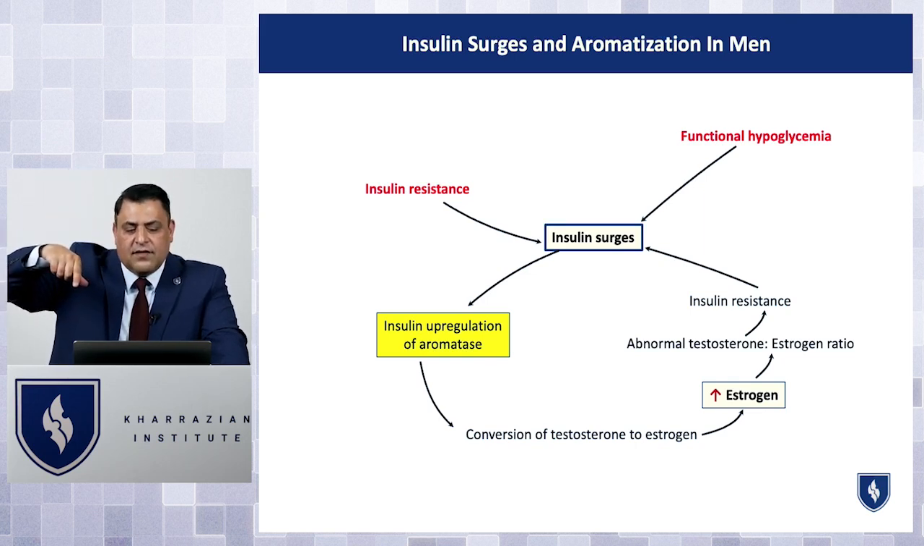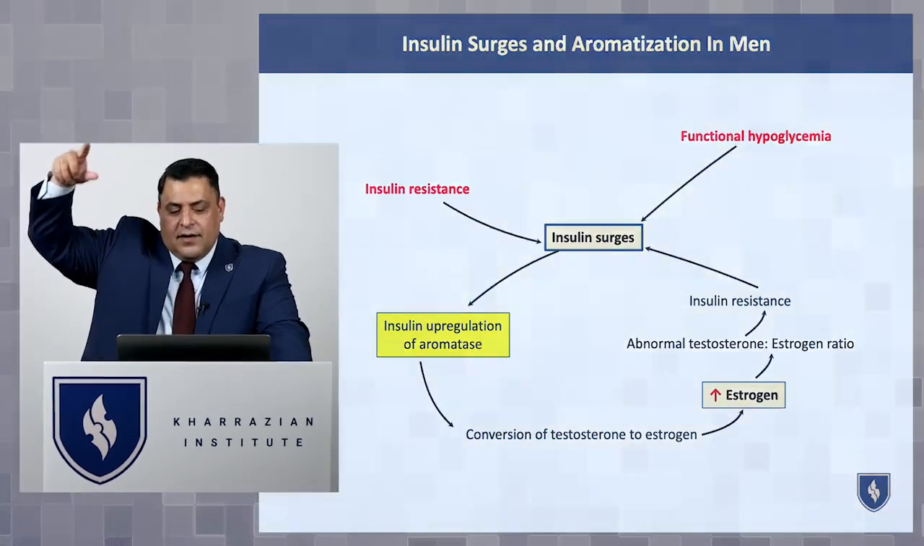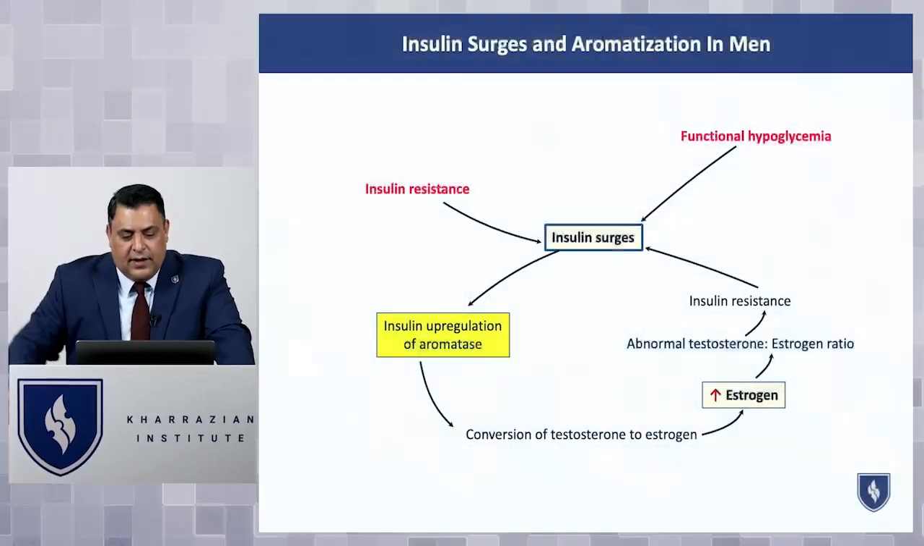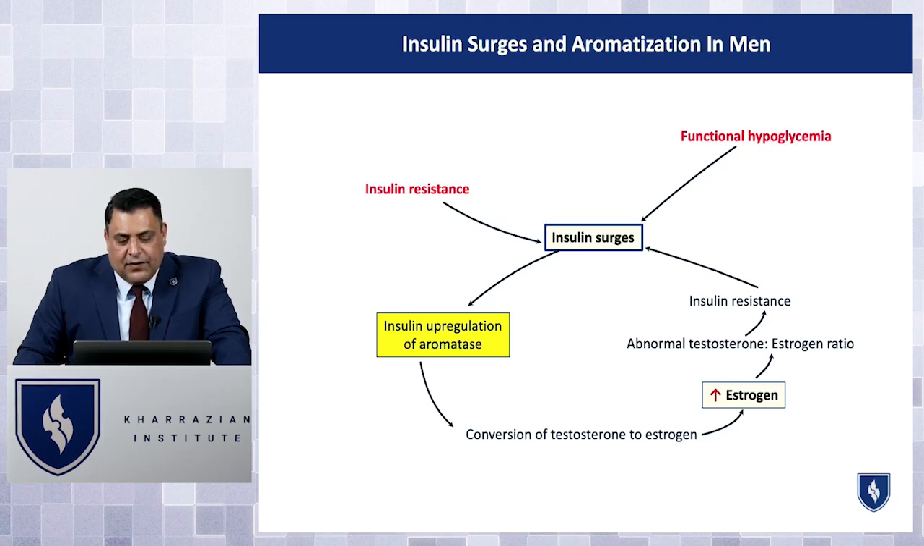So both groups have insulin surges. Insulin resistant people have prolonged insulin surges, and functional hypoglycemic patients have insulin spikes. Okay, but they both have surges. Hypoglycemics are more spikes, and insulin resistant people are more prolonged. But they still have these insulin levels that are elevated, and these elevated insulin levels in men